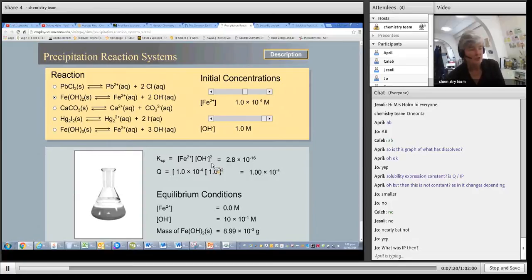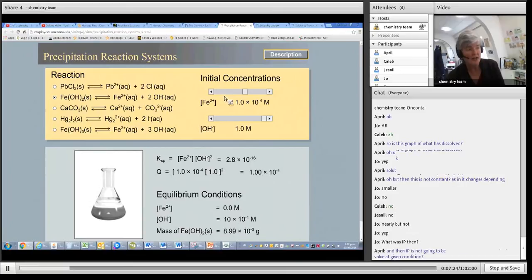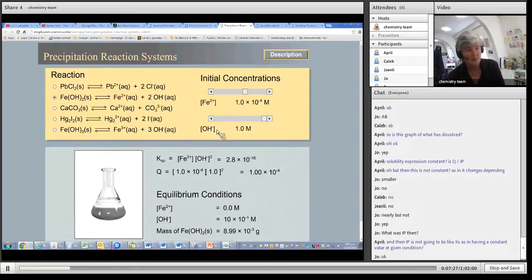So what's going to happen is if I mix these two solutions of iron and hydroxide together, then initially I won't get a precipitate because I've just mixed them, but then with time the ions will collide with the hydroxides and I'll start getting a precipitate as there's more and more collisions until it reaches equilibrium conditions, and that's when